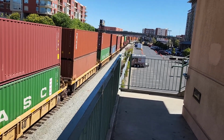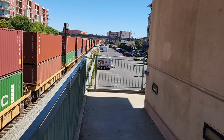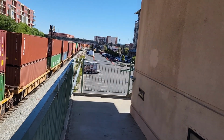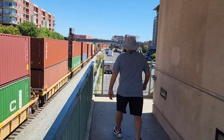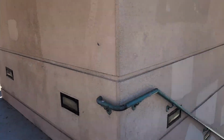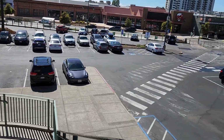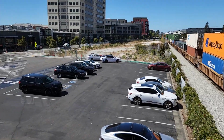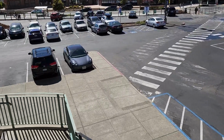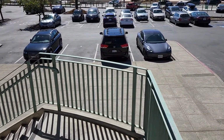I've certainly done it several times in the past when I would get off the Zephyr going from Chicago to here. And then I would take this same overpass here and get down to this parking lot here on the west side of the tracks, and then hoof it a few blocks to my hotel. So coming down the stairs from here,